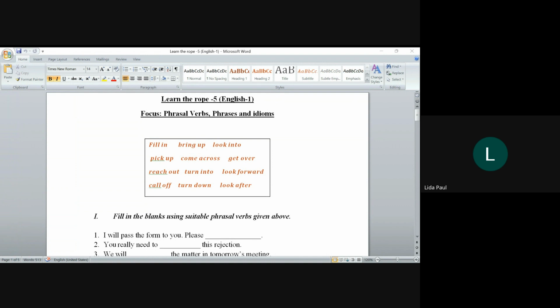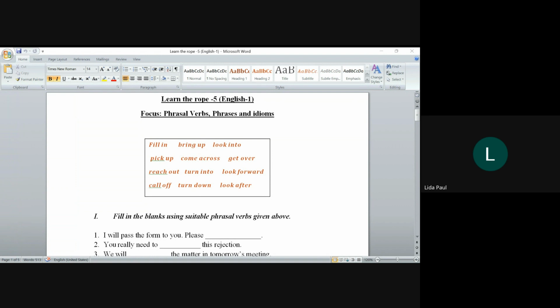So, you might have already heard the lecture on phrasal verbs and you might already know something on that. But can we quickly brief on what these phrasal verbs are? How do they behave? Are they verbs or are they something else? What's your understanding of it? How are they used in a sentence? Are they used as verbs or are they used as something else in a sentence? How do they behave? What is their nature?